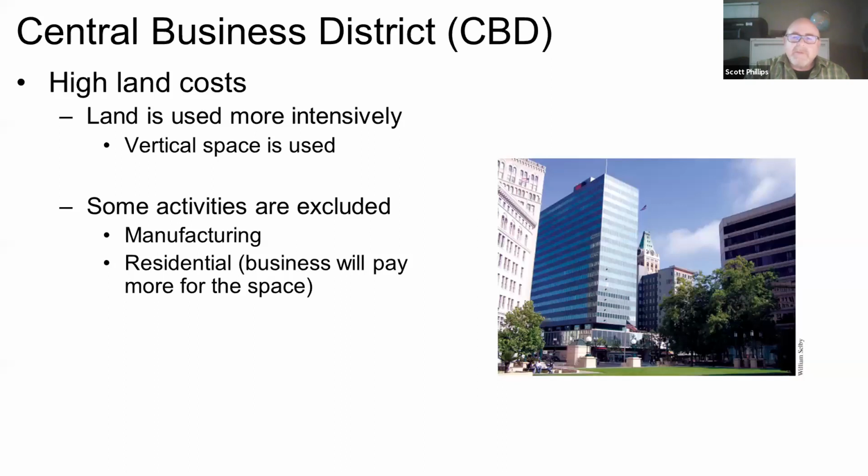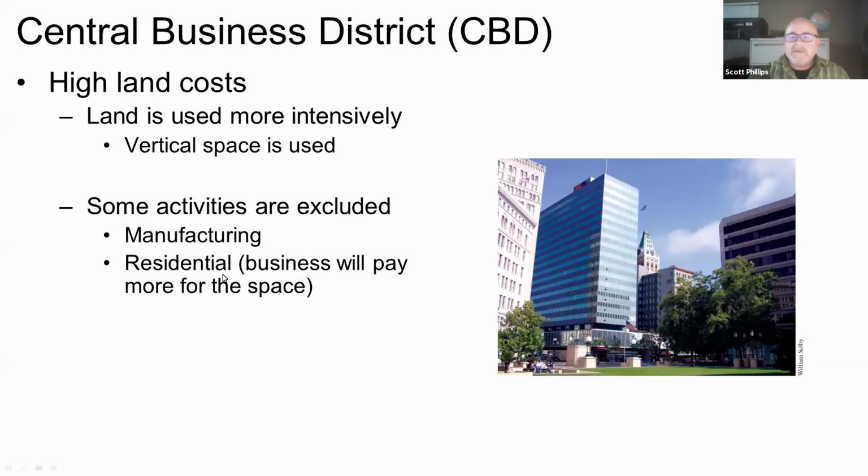Well, one thing that's typical in larger cities is there's high land costs. The Central Business District typically is expensive. And that's why the buildings are so tall, because it's expensive to build a tall building, but if the land cost is high enough, it makes it worth your while to build upward rather than outward, because building outward costs you a lot of money.